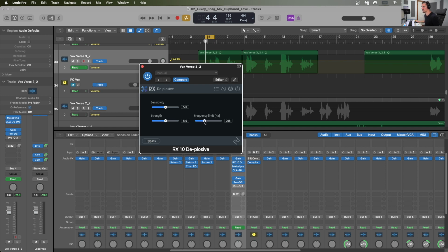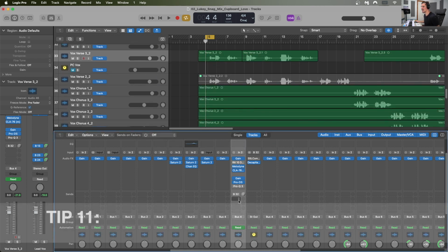And iZotope's plugins are absolutely insane at being able to restore audio. So I would have full confidence in recommending the RX10 De-plosive if you have particularly bad plosives in your audio, particularly on your vocals. All right, moving on to tip 11 I have for you, and that is adding some